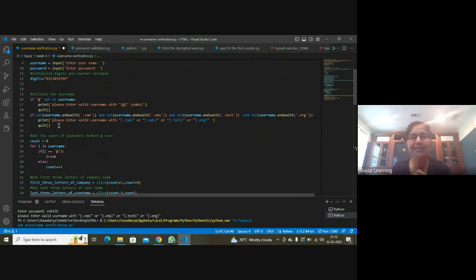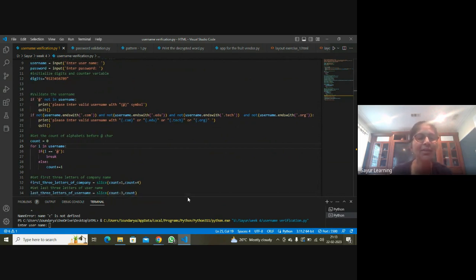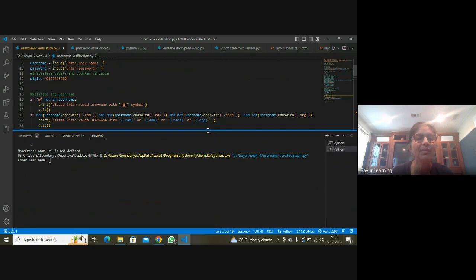You also need to test it to make sure if you don't give a .com or .edu, is it still working? Run that condition also. And you only checked for .com, one thing. You have to check for .org and make sure that also works. Okay, so yeah, now we enter the username.